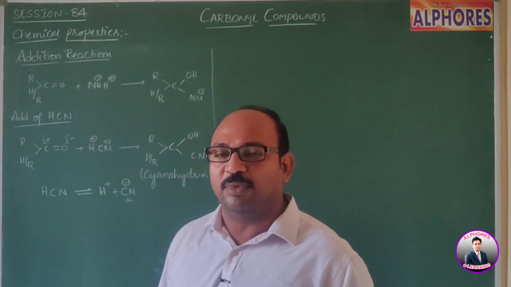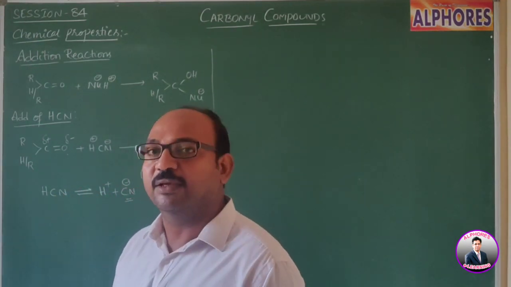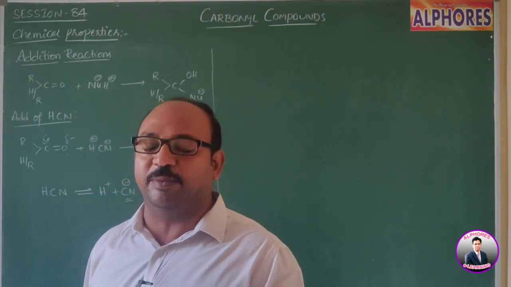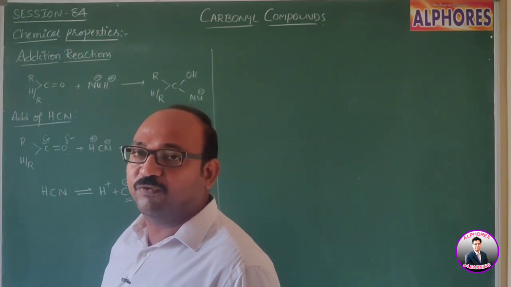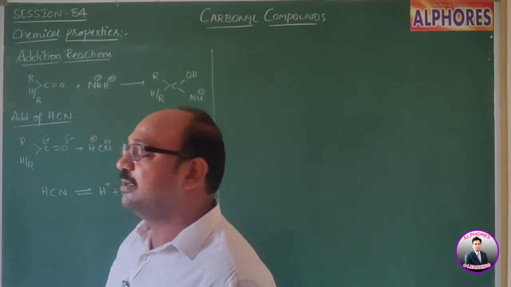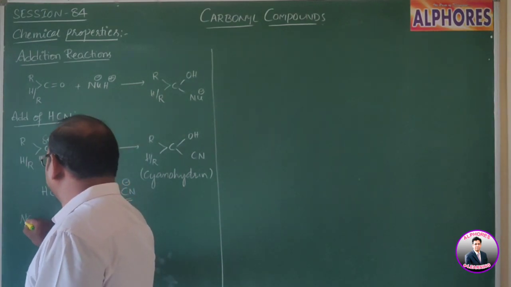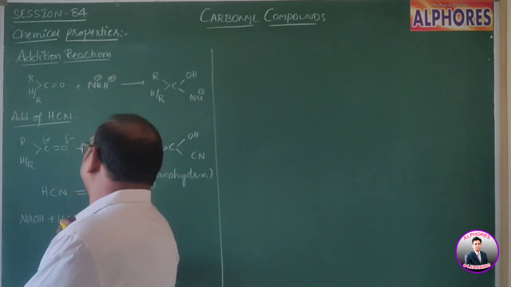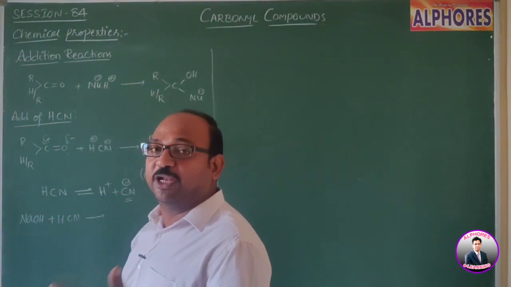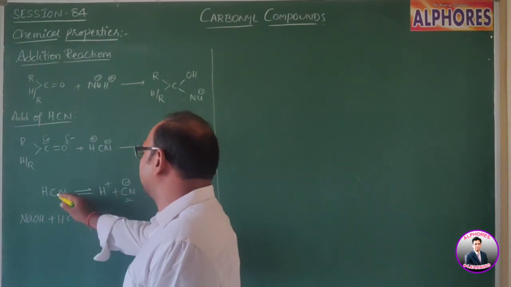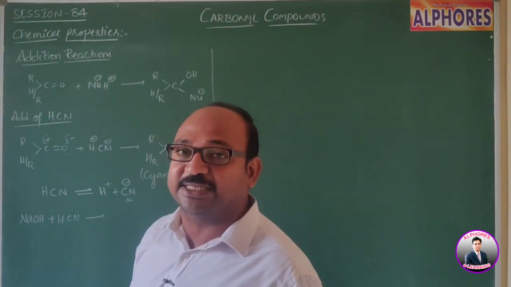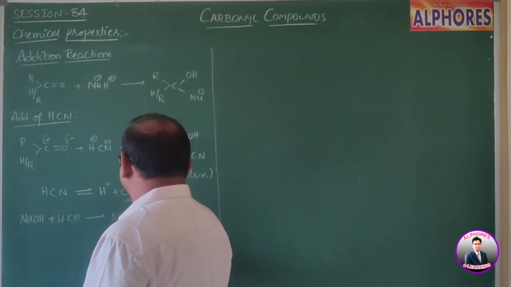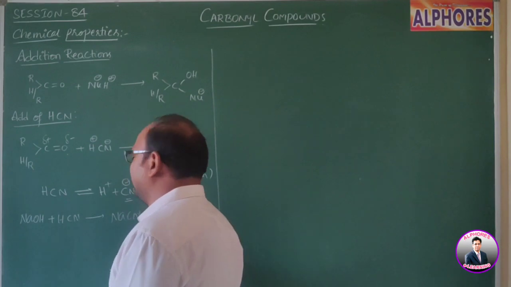Okay, sir, no problem. Let us use some base. So if we use sodium hydroxide, a strong base, for what purpose are we using sodium hydroxide? We expect that sodium hydroxide, NaOH, reacts with HCN and OH minus abstracts H plus because of the presence of a strong base. In the presence of a strong base, a weak acid behaves as a strong acid and undergoes more dissociation. That's why we expect NaCN and H2O.